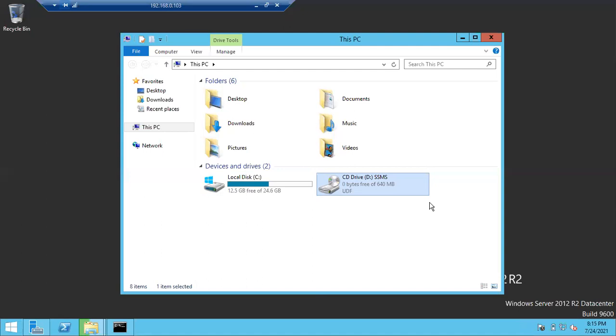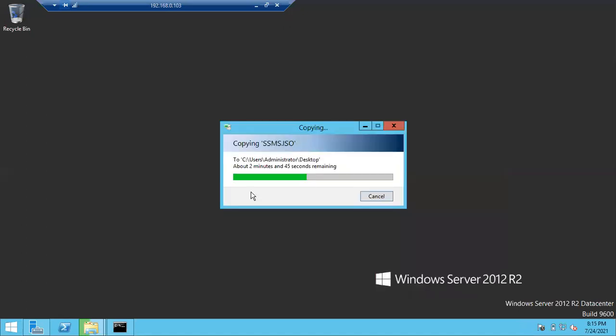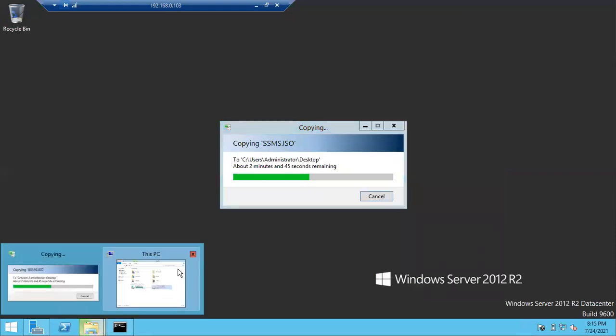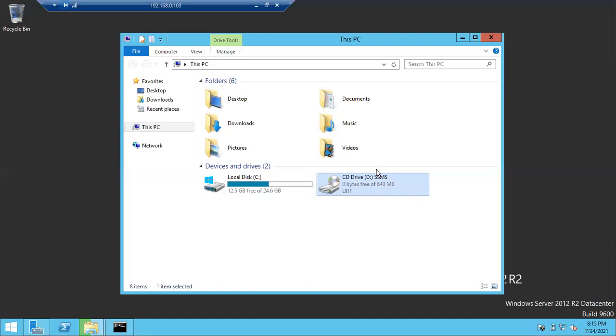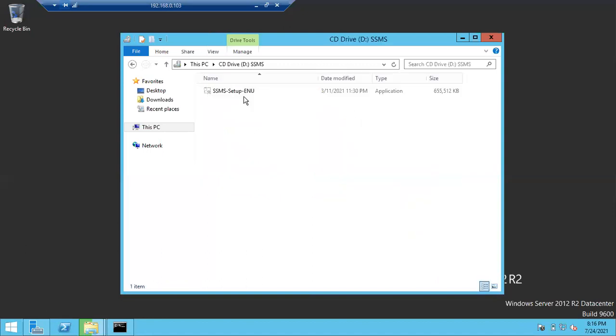Right, and now you can simply open. Either I can do one thing, once it is copied I can install it, or else, as I have already attached the ISO image as a disk file, please mute yourself in case you don't have questions. So simply SSMS is attached as a D drive. Right click on it, open it. Now you can see the SSMS setup file, right click on it.